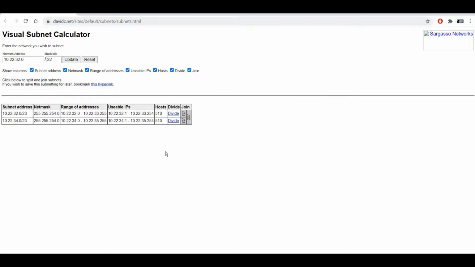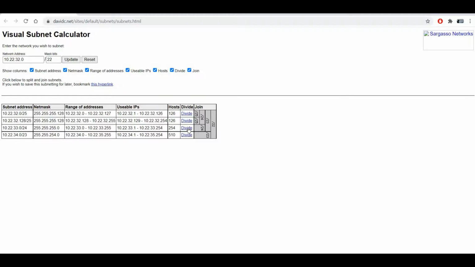Now I have divided into 2. Say for example, I will use 510 IPs for my app zone. So I will leave it as it is. I will divide this. Now I have divided equally the other subnet for my web and DB.